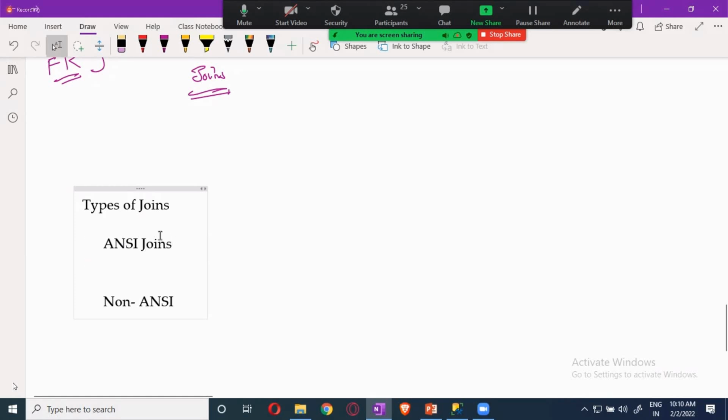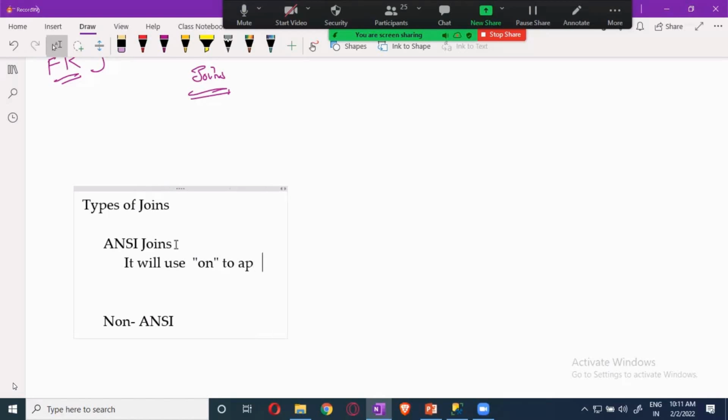So what is the difference between non-ANSI and ANSI joins? ANSI joins will use the ON keyword to join the two tables, to apply or implement the joins.